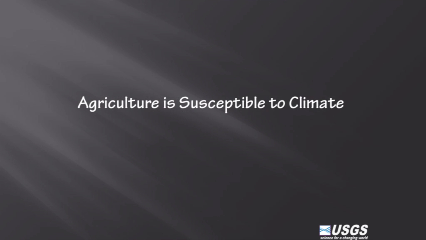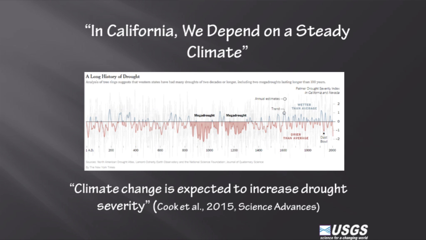So now I want to just go over a few more slides to talk about how agriculture is susceptible to climate. This is probably an equally difficult problem to deal with as we move forward, and also could create a significant problem. So if we take a look at the historical climate over 2,000 years, and this is a graph showing the climate reconstruction using the Palmer Drought Severity Index. If we look at droughts over the last 2,000 years, we see that there's been these mega droughts that have lasted 100 years or so.